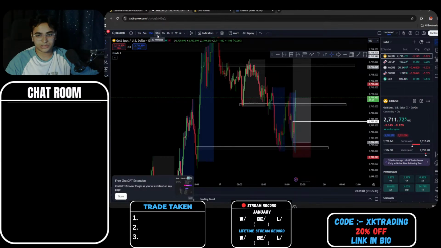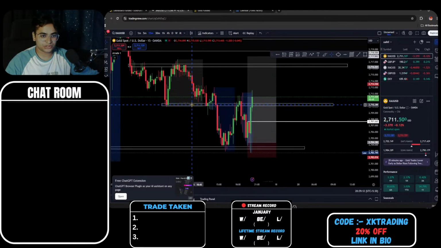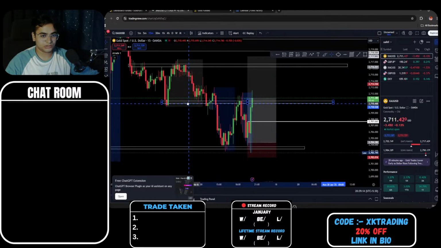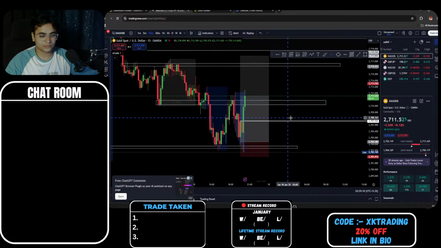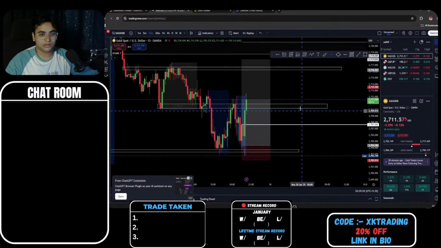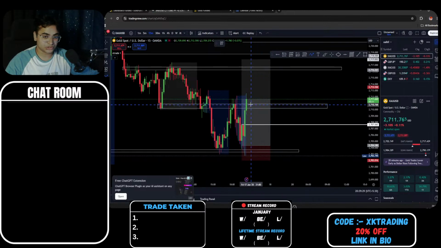I think we got the last 50 seconds. Let's see how these candles are closing. If this candle closes below the structure, then I'm really not hoping to do that. So if this candle closes above or below, it's really important for me. If it closes below, then there's a high probability we can move down. But if it closes above this structure, then I want to see something like this.